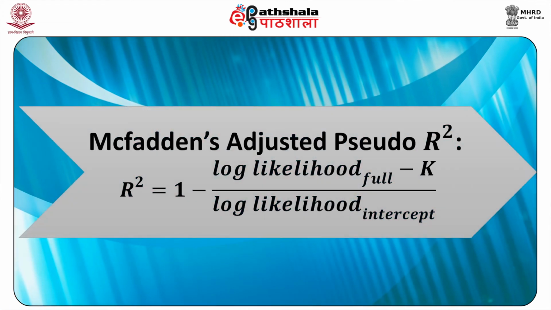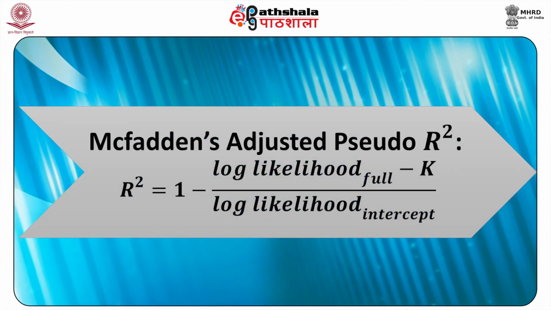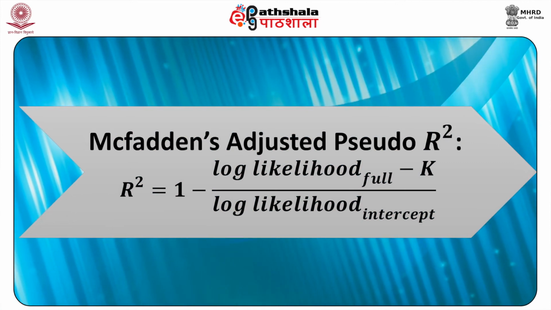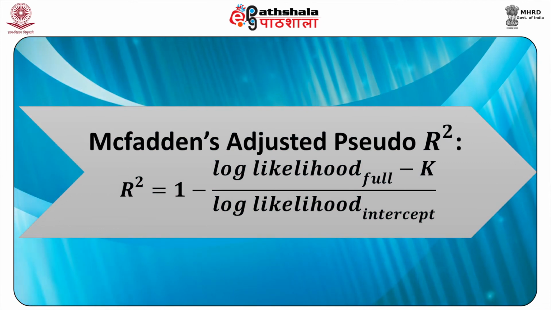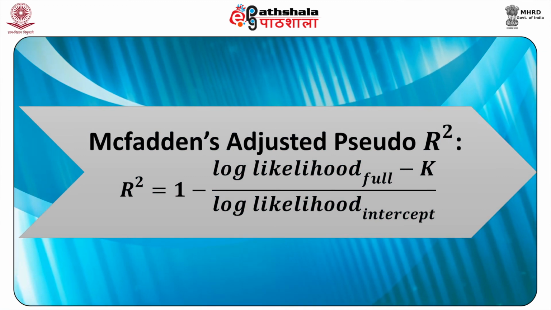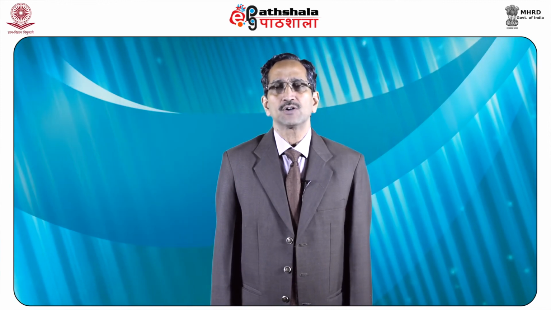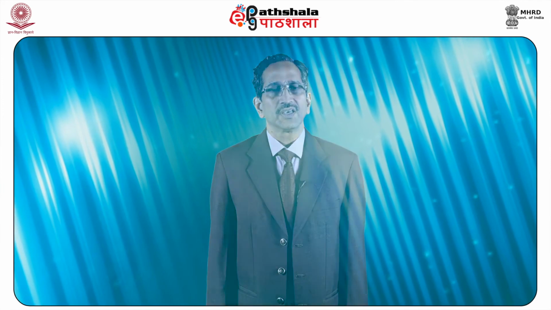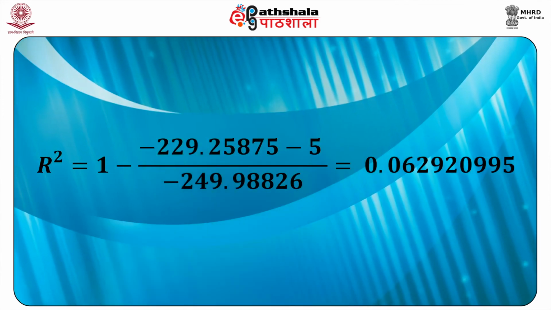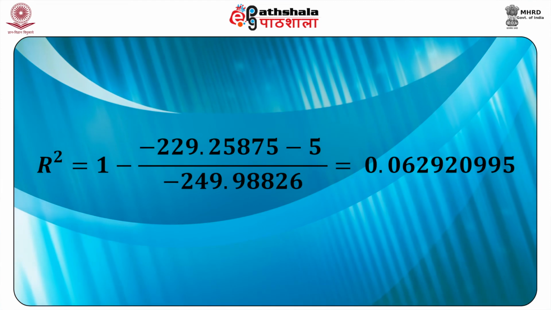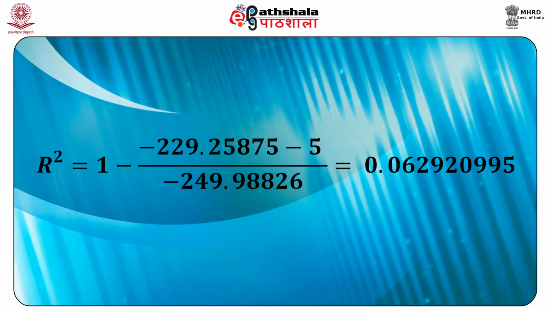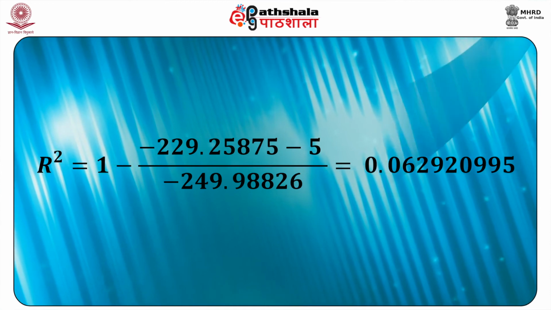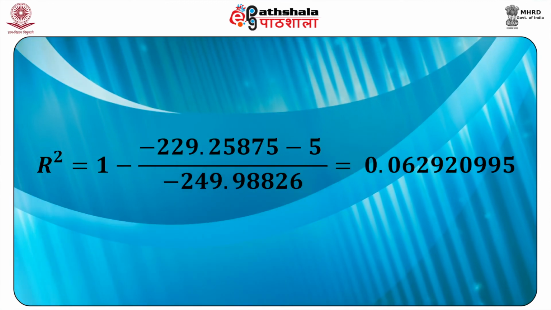Now McFadden's adjusted pseudo R square is also defined and is equal to 1 minus log likelihood full minus k upon log likelihood of the intercept. This McFadden's adjusted pseudo R square is similar to the adjusted R square of the OLS, and it tries to adjust for the number of predictors. Since in our example the number of predictors is 5, we can also find out McFadden's adjusted pseudo R square, and I'm sure all of you can see that it comes out to be equal to